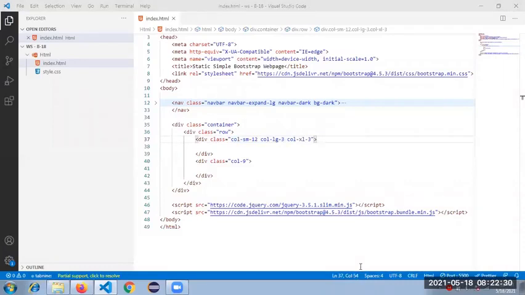As per the mobile-first approach, your web development has to start from the mobile. On smaller devices, your content has to be accommodated with full columns, so I have given 12. But if the same web page is opened on larger and extra-large devices, then the container, row, and column size should be 3. That's why I have given the definition like this. So please try to use it like this, guys.